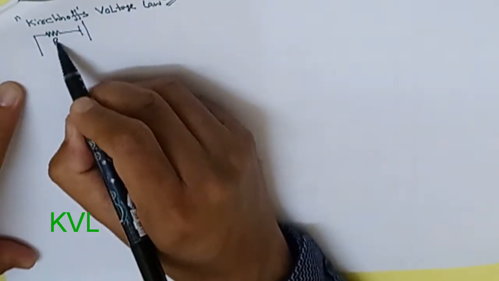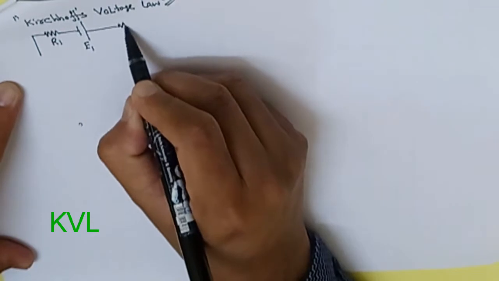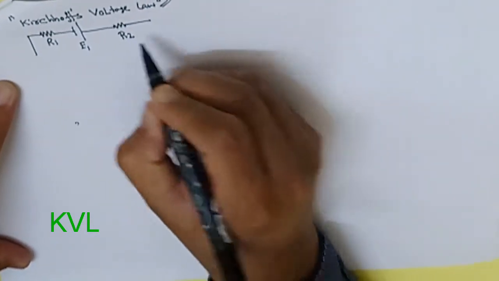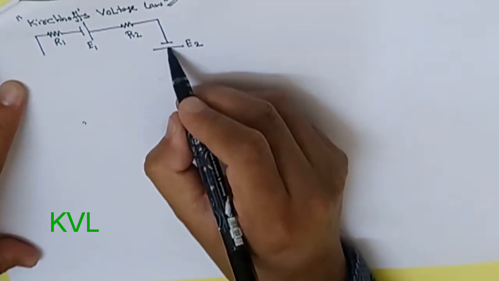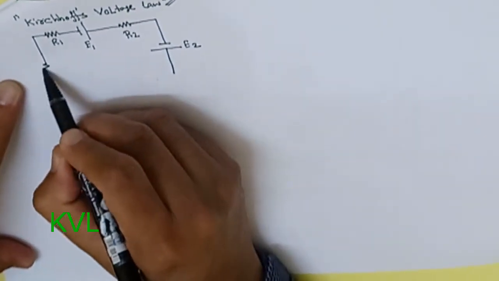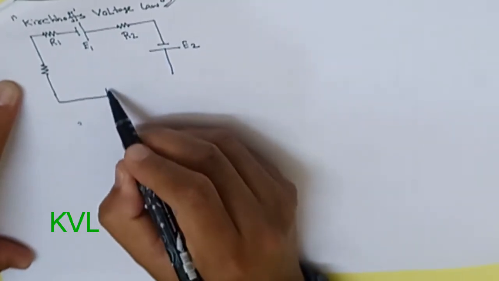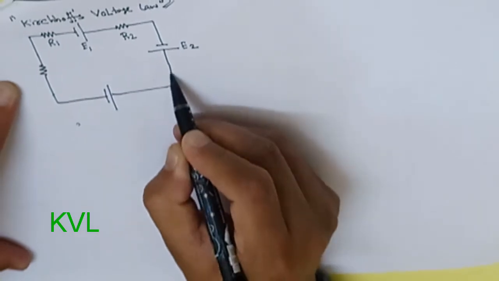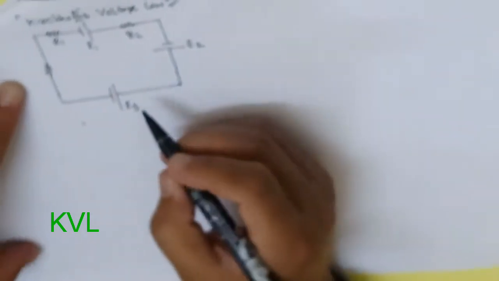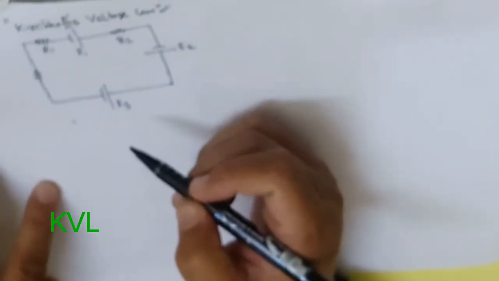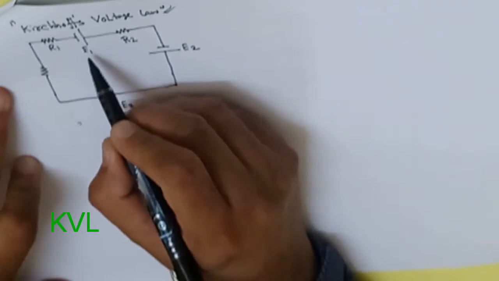I put one resistance R1, then one battery, we say E1, then another resistance R2, then another battery E2, and then again here we put a resistance, and here we put a battery but in the opposite direction. That means E1, E2 and E3. Why do we say this E3 is in an opposite direction? Because if you consider this E1 as your reference,